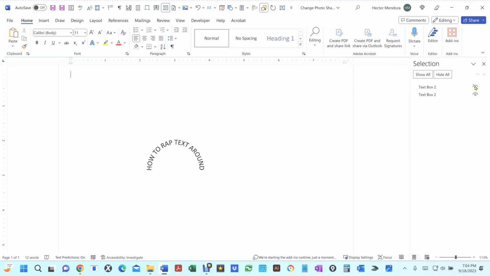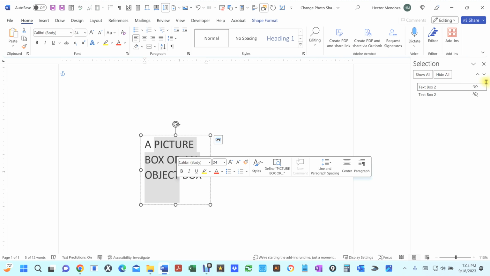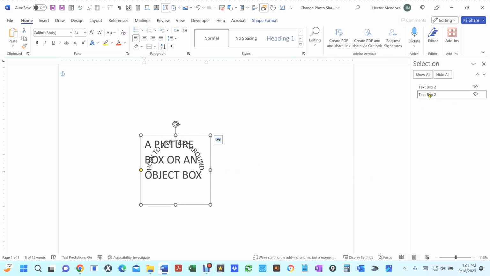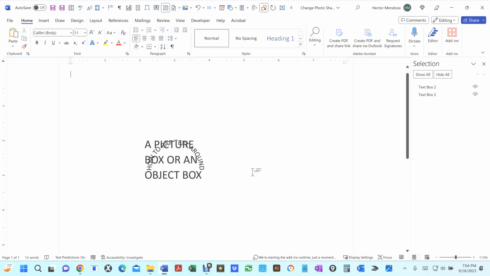So how to wrap text around is not the one I want. The one I'm looking for is this one right here. Now watch what's going to happen. Even though it's hidden, if I select here, you see it still selected that top one. So what you want to do is grab this bottom one and just move it up. Then when you click here, you select all, and it's already 24 point. Then you can deselect and